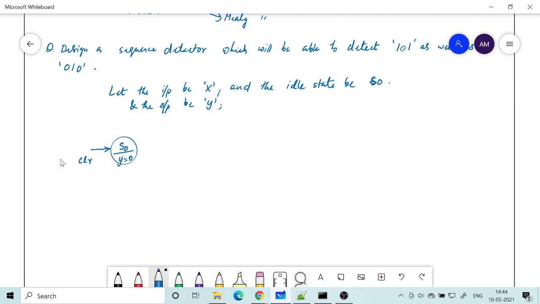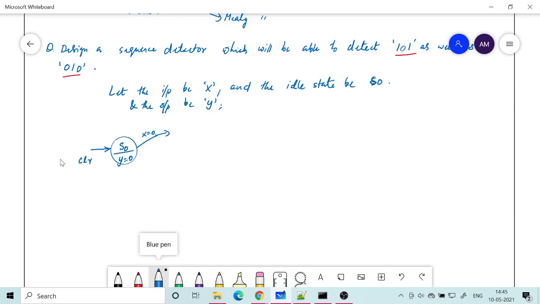So the only way to come to the idle state is through clear, and once you are in the S0 idle state, you can have x coming. It could be 0. Keep in mind the sequence that we need to detect: 010 or 101.